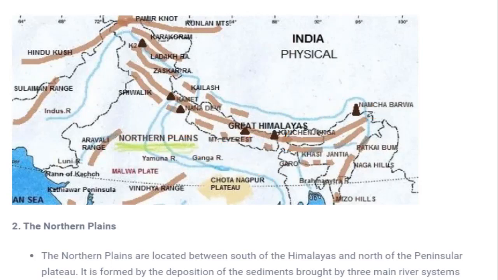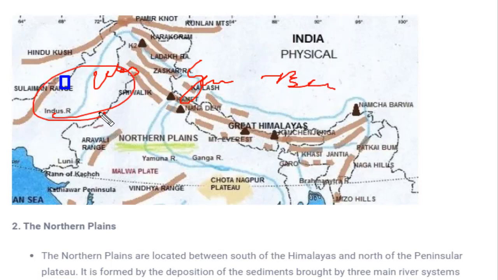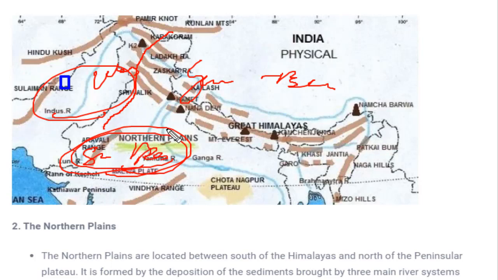Again, this northern plain is divided into two sub parts. The first part is the western plain, and the other part is the Ganga Brahmaputra plain. How is this western plain formed? By the name it's clear, this western plain would be on the western side of the country. In the western part of the country there are several rivers on the northern side, like the Indus River, and in the Indus system we have Satluj, Beas and Ravi. When these rivers flow through certain areas, the plains formed by them are called the western northern plain. Now coming to the second plain, that is called the Ganga Brahmaputra plain.